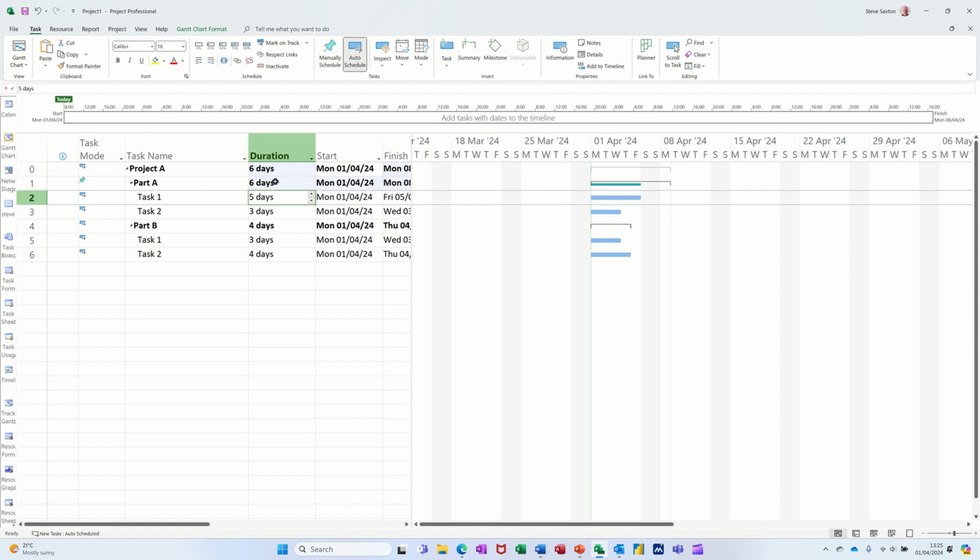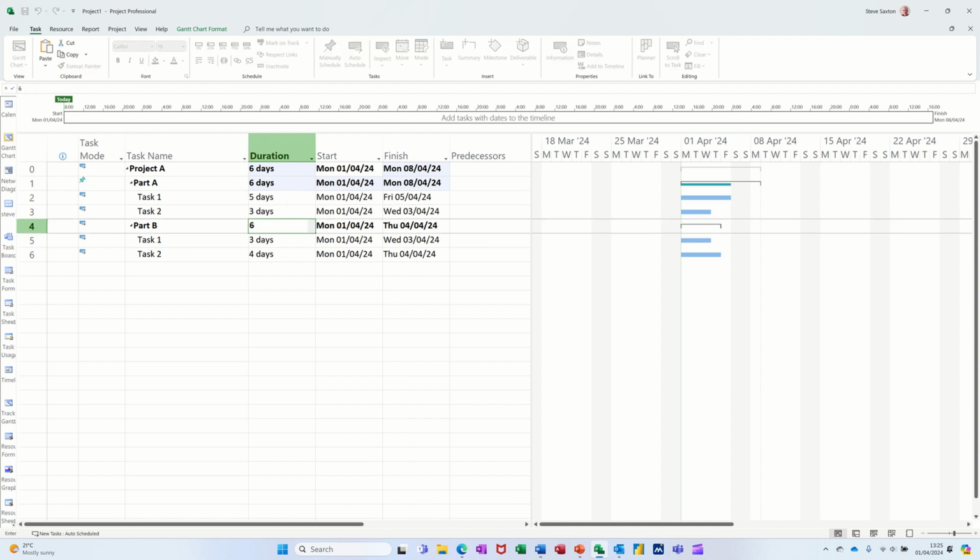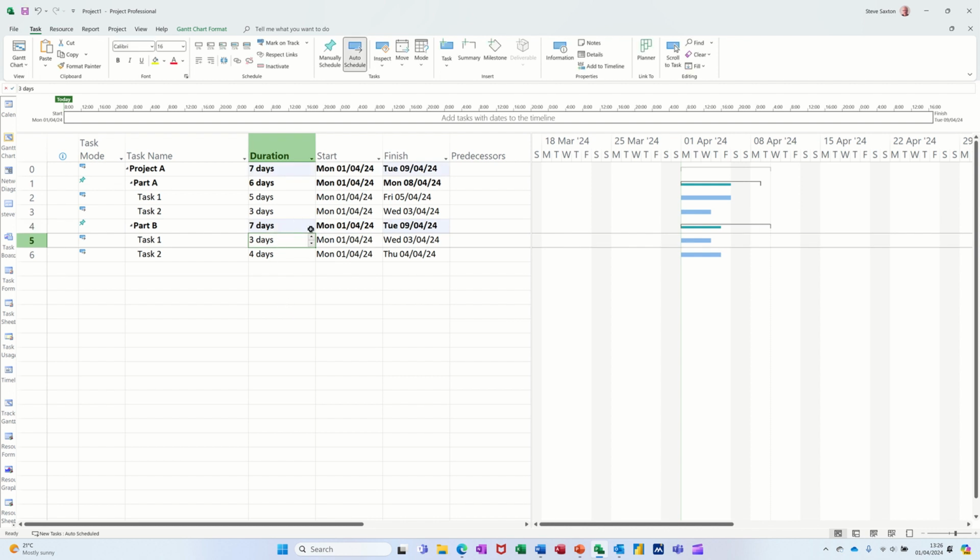But when I do that, it's not picking up the correct amount of duration underneath, and it's immediately changed to a manually scheduled task because I've intervened. The one that I made using the indent, I click on that one and put 6 days on there, and you get the same thing happening. This changes to a manual task. If I put 7 days there, I've got 7 days, and it hasn't updated any of this. If I put 8 days there,